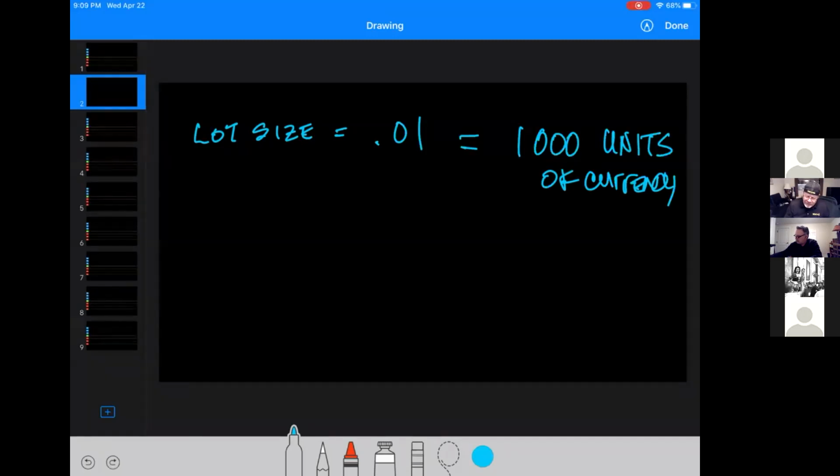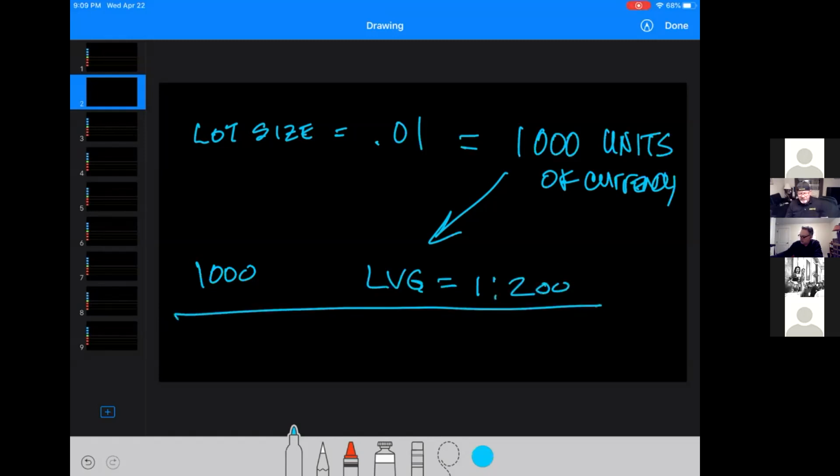Okay. So if you're moving 1,000 units of money and your leverage, now we're getting deeper, is 1 to 200, can anybody venture to guess how much money or units of money you're actually moving? You see, because if you were really moving 0.01 down on the 4th decimal place, would you really have the opportunity to make money? That's why there's this thing called leverage, right?